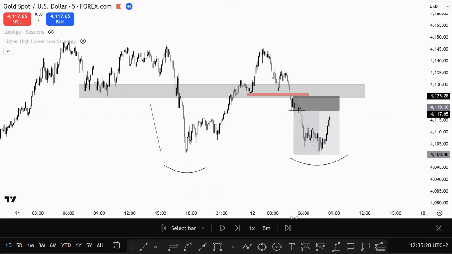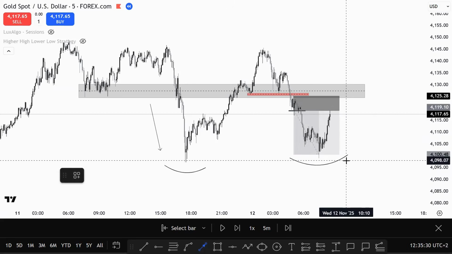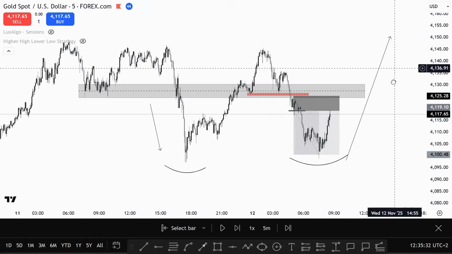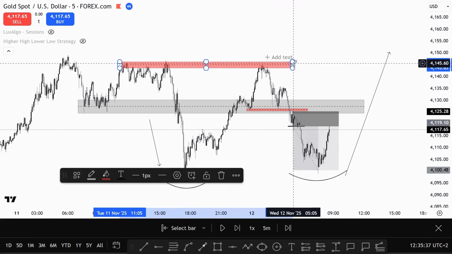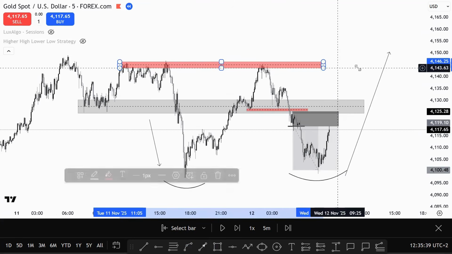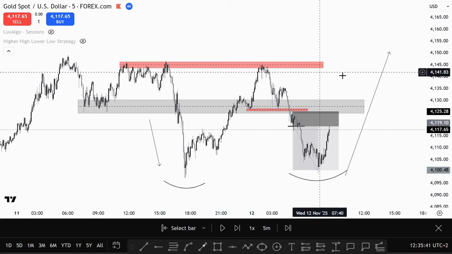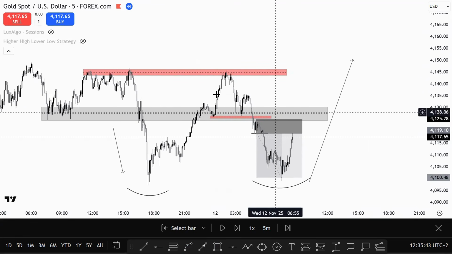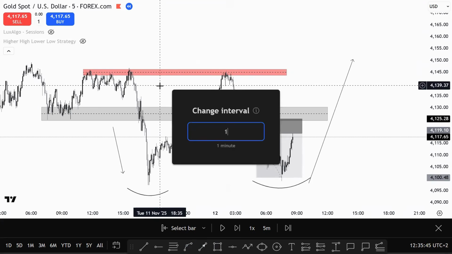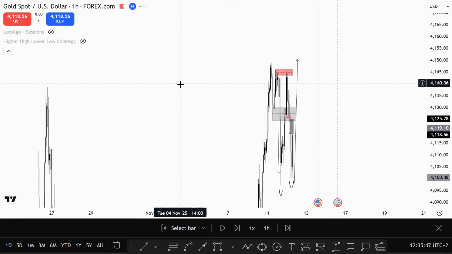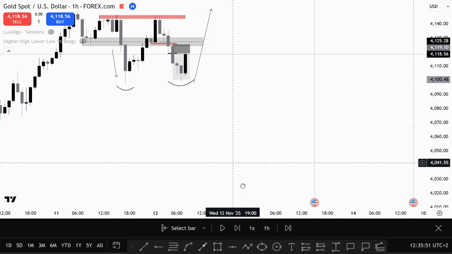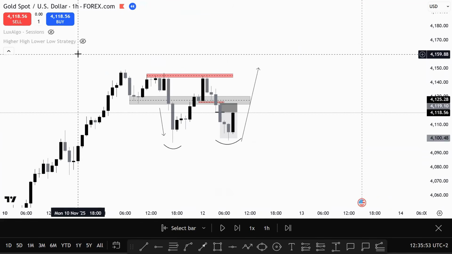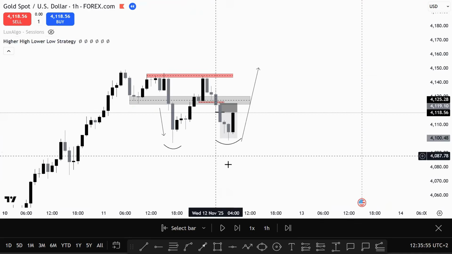So what that indicates is that price might start to become bullish, and you can expect price to come and take out these highs which are sitting here. You get what I'm saying? Like I said, on the 1 hour, let me just show you. Right, so on the 1 hour, as you can see, I'm not sure if it marked it, but this should